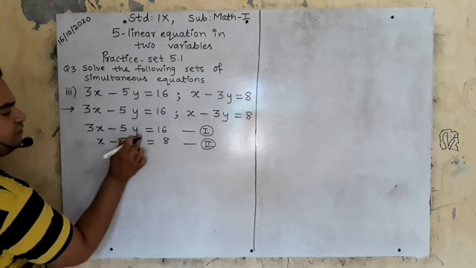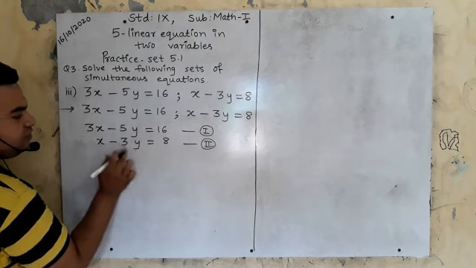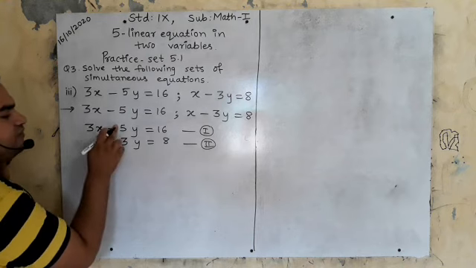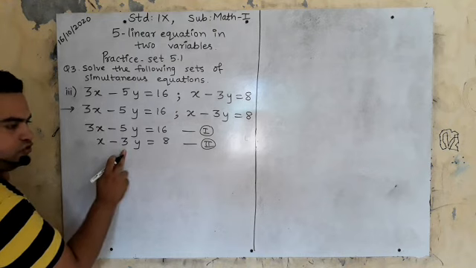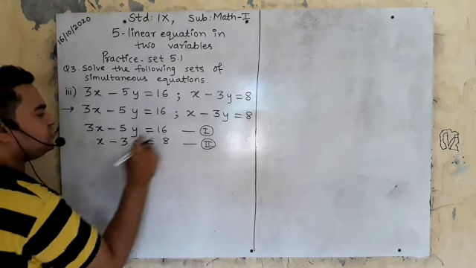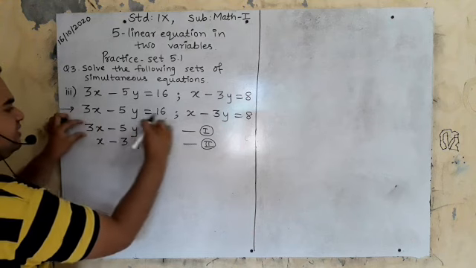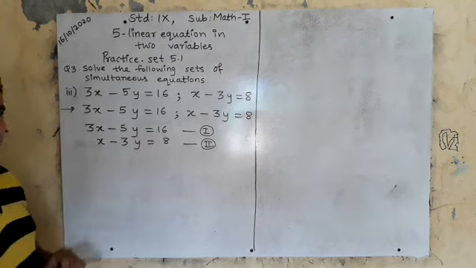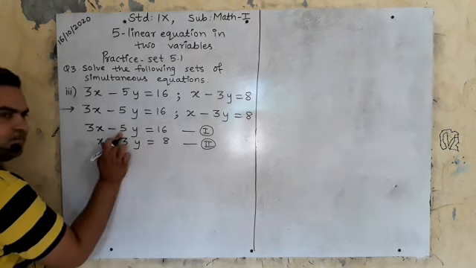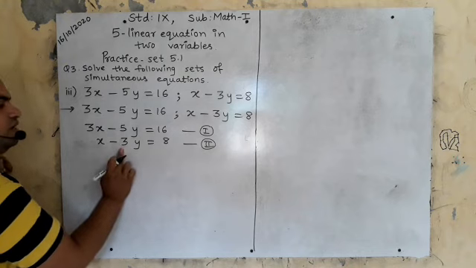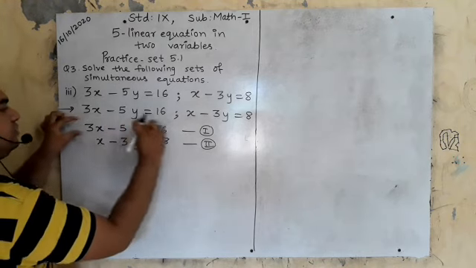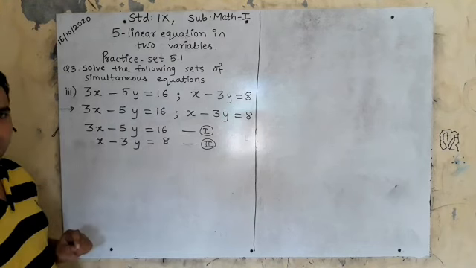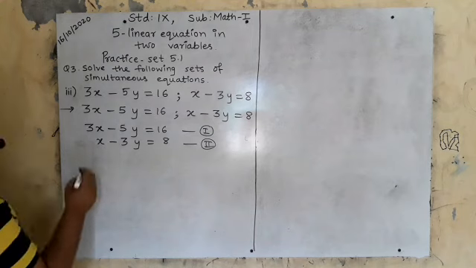So I will focus on y. See here, the coefficient of y is 5 in one and 3 in the other. So what will you do? In 3 times table, does 5 come? No. In 5 times table, does 3 come? No. So you will multiply the first equation by 3 and the second equation by 5. Is it clear? Here the y coefficient is 5, here it is 3, so this 3 you multiply to the first equation and this 5 to the second equation.